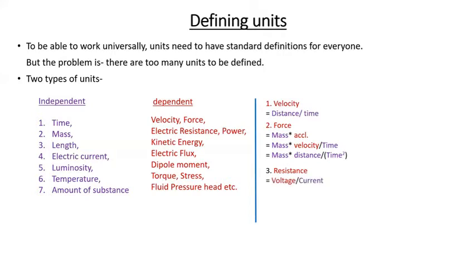We can write resistance as voltage by current. You can see from the list that current is an independent quantity, but voltage is not. Now, how is voltage defined? Voltage is defined as energy per unit charge in an electric field. So mathematically, we write voltage as energy by charge, and we had already divided it by current. Now, both energy and charge are dependent quantities. So how do we break them down? We can write energy as force into distance divided by charge, and we can write charge as current into time. Now this whole of it is divided by current.